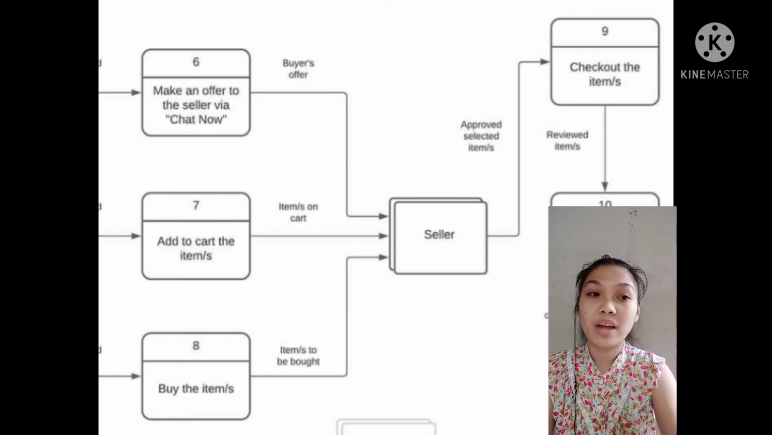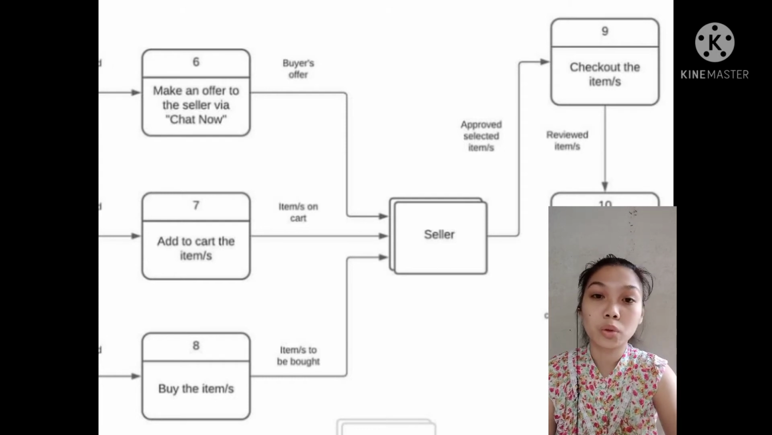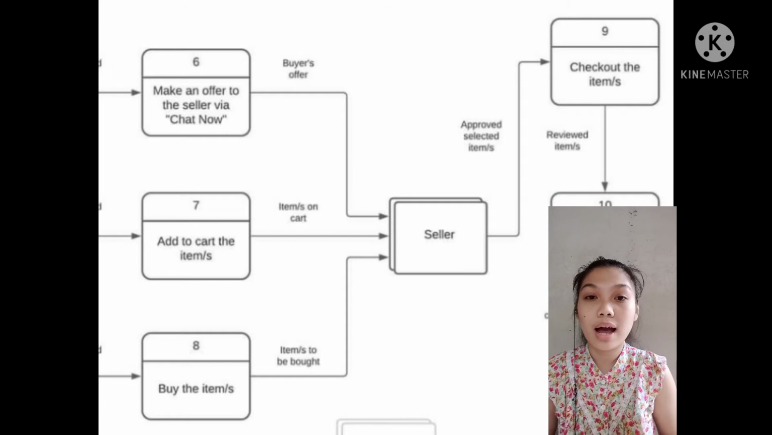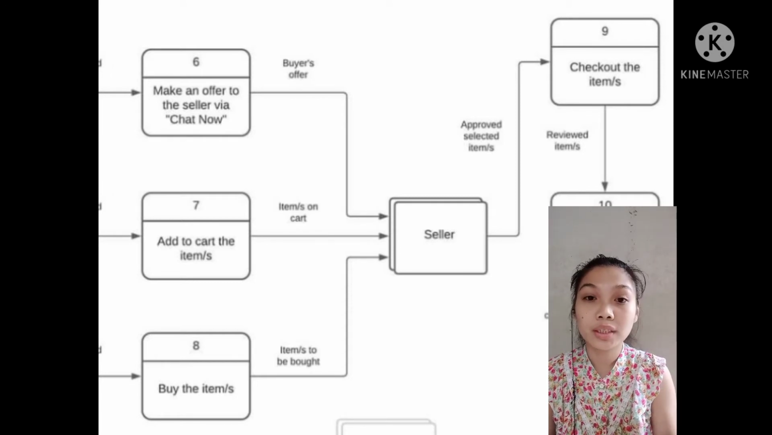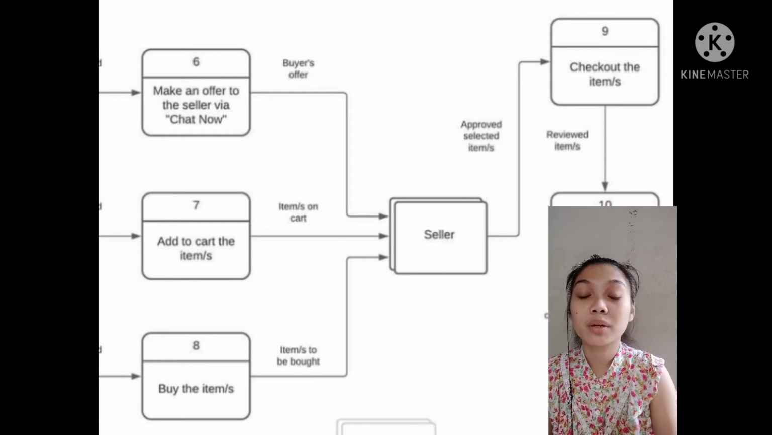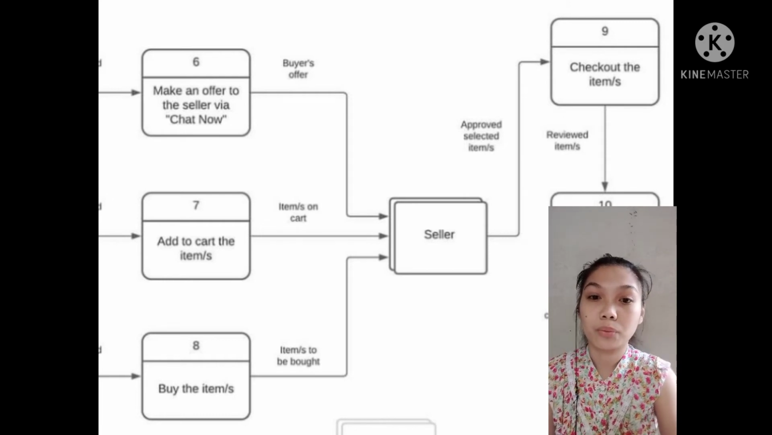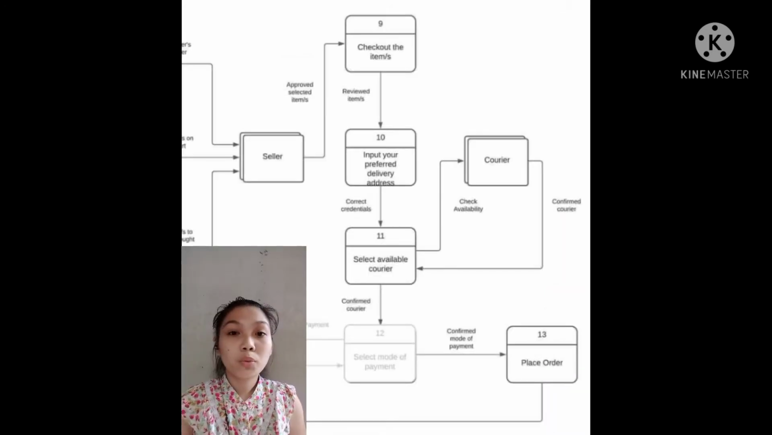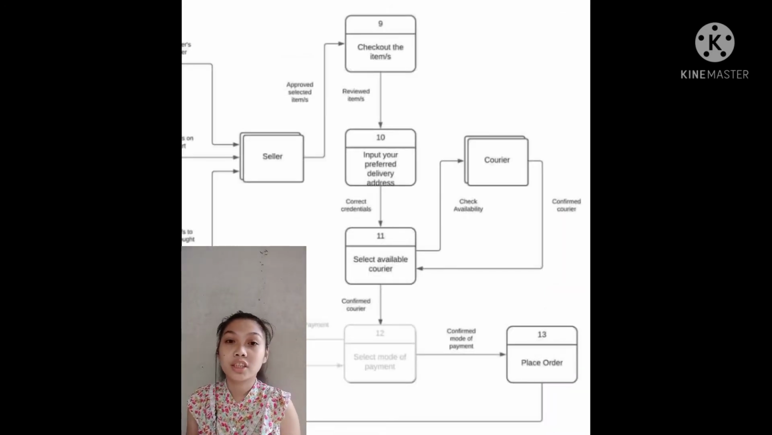Now that we have the entity of the seller, we're gonna go to process number 9, which is to approve the selected items by the buyer through the seller. We're gonna go check out now, which is process number 9. Now that we're done with process number 9, which is just to check out the items,